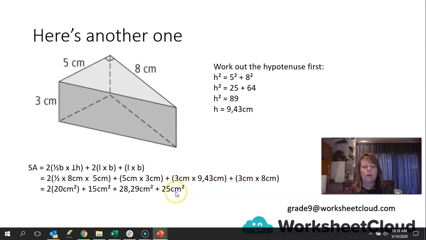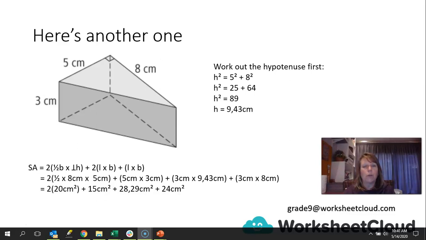and 3 times 8 is 24. That should have said 24. Okay, let's carry on. Let me fix it first. About that last mistake, guys, but I fixed it now. It's 24 centimeters squared. Please don't forget that all your measurements are square measurements because we are finding out area,